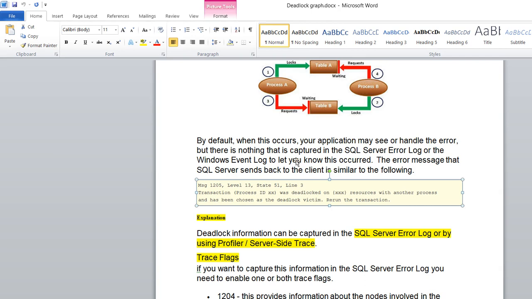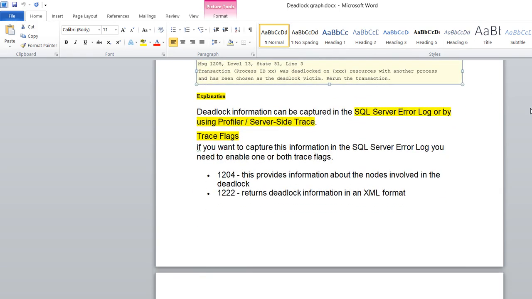Deadlock can happen, it's a normal phenomenon, but if deadlock is occurring again and again, or it's consuming a lot of time and persists for a longer time, then definitely you should look into it, right? So what I'm trying to say here is, you will not get any kind of error logs.